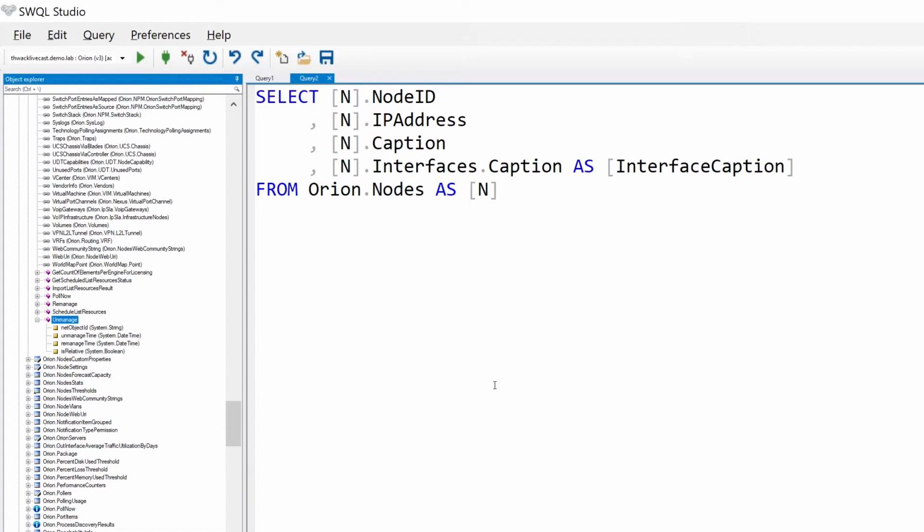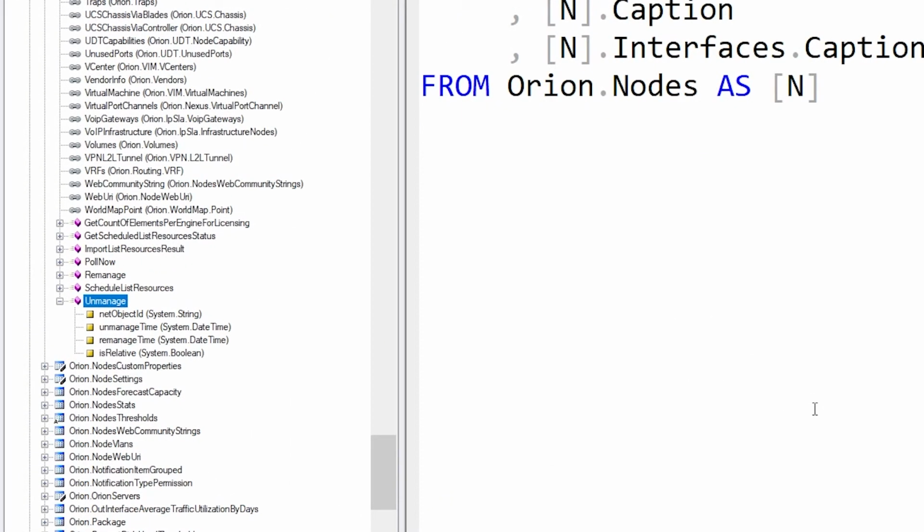Now, a lot of people are intimidated when they get started with this, but it's pretty simple. If you end up going over to SWQL Studio, you can actually get all of these arguments out of there and actually understand what parameters you need to send to each of the verbs. So let me show. Each one of the verbs has this breakdown about the data type that goes into it and the order in which the parameters need to be sent.